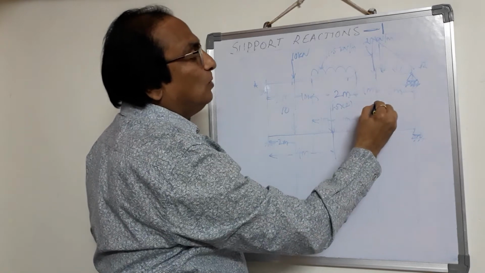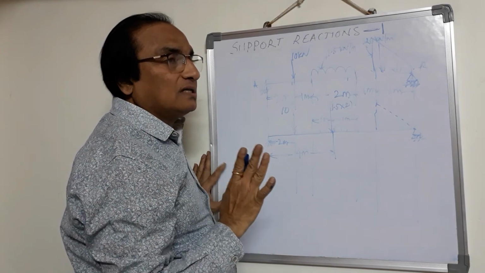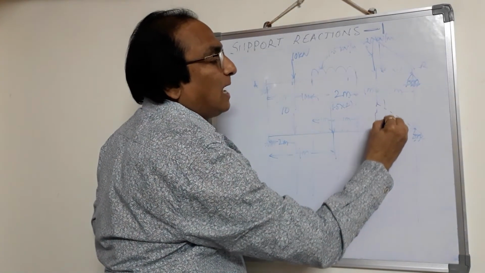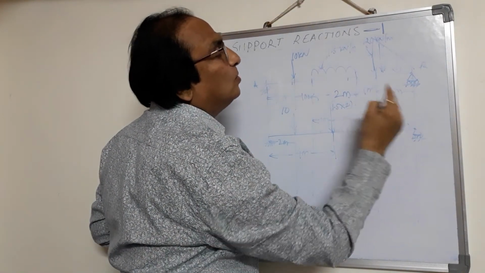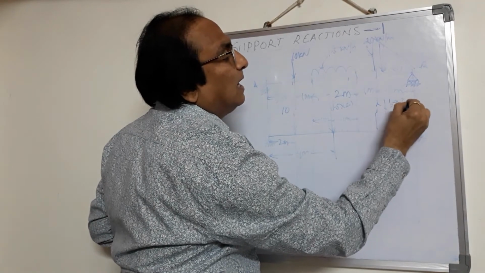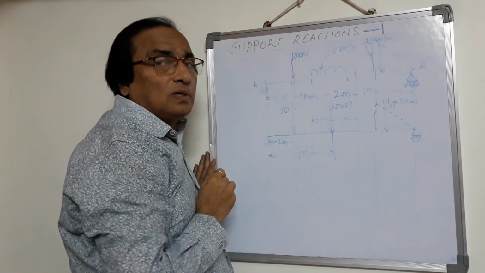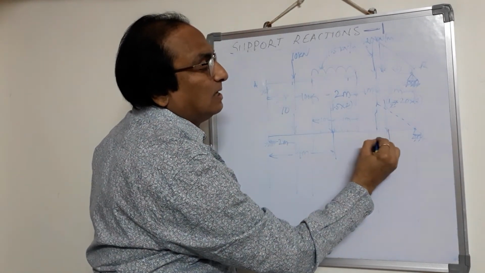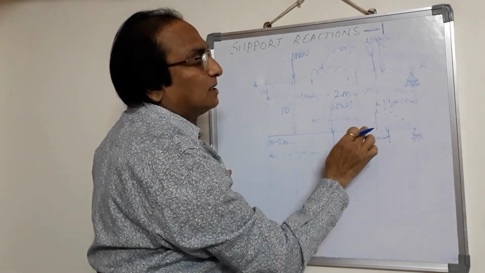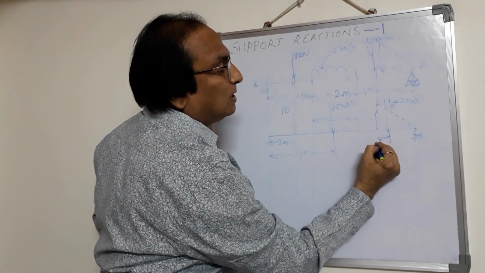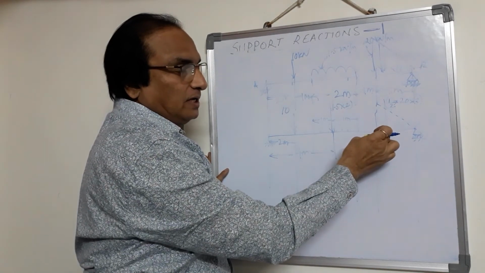Now we'll come to this UVL. I'll just draw a dotted line. Total load is nothing but the area of the diagram. So if I show an arrow, I'll convert this triangular load into a total load. So this will be half into intensity of loading, which is 20, and the length for which it is acting is 3 meters. This is the total load acting. Now this load will act at a distance of 1/3 of 3 meters from the base. So this will be 1 meter. From here to here, it is 1 meter.